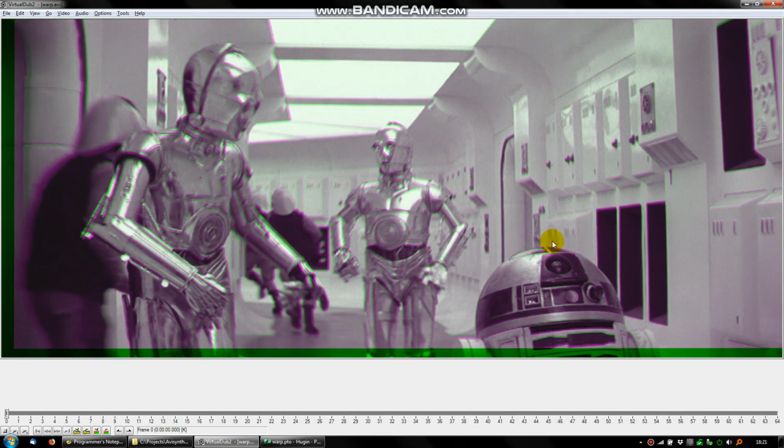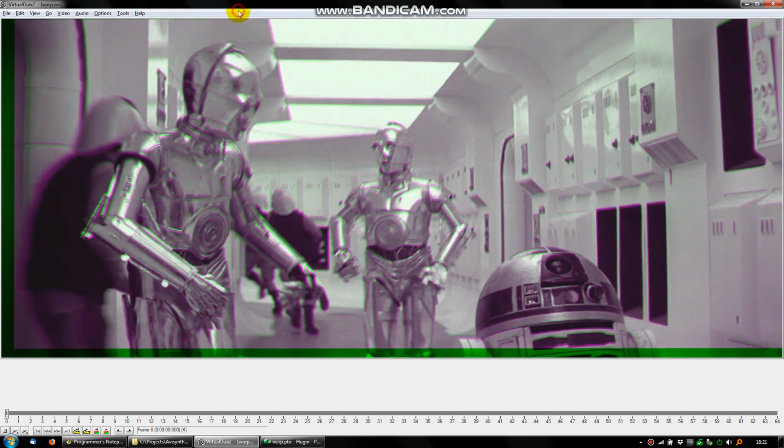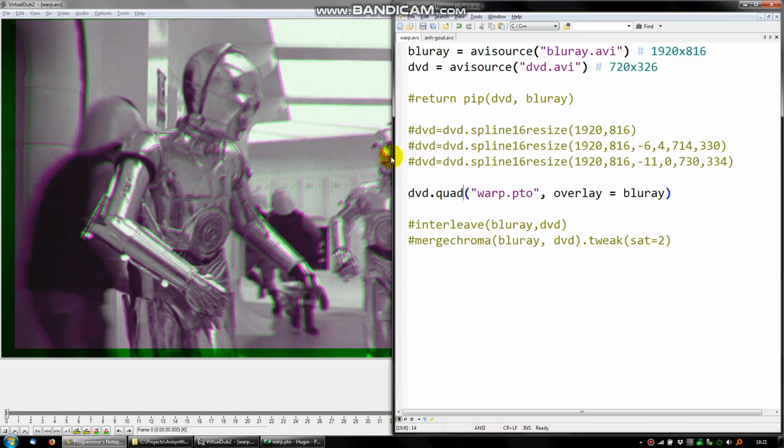What we could try instead is to use the quad filter, which is part of Warp, which can use 4 control points to do a quadrilateral transform, which is slightly different to the thin plate spline which Warp uses. In this case, it doesn't really make a lot of difference. You see the alignment changed a little bit in the middle here. It's got a bit worse on the top left here. So go back to Warp,